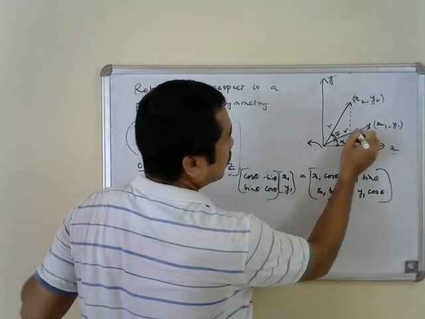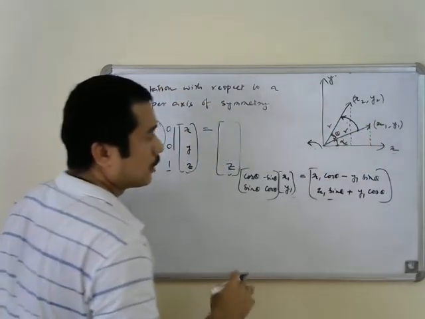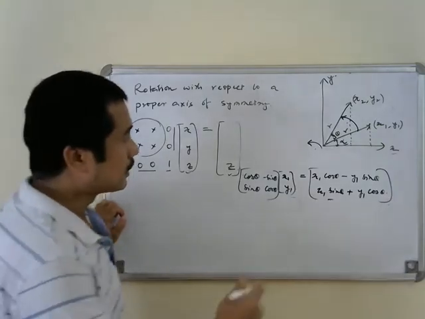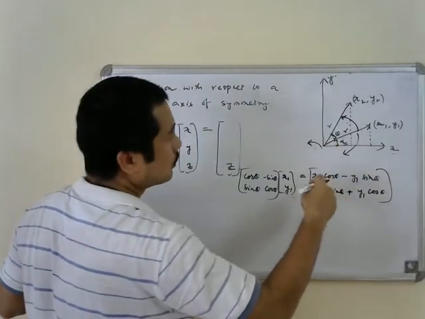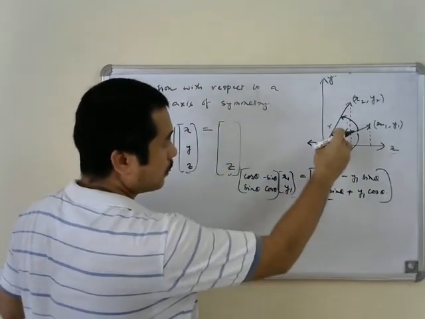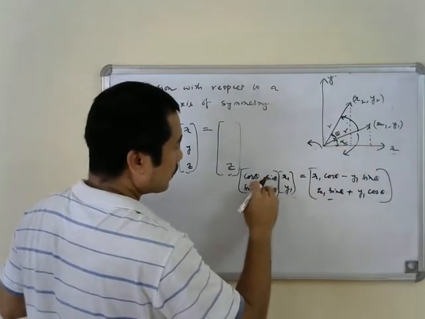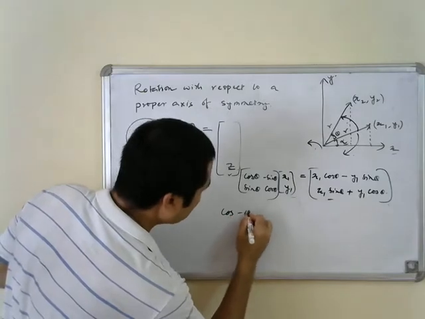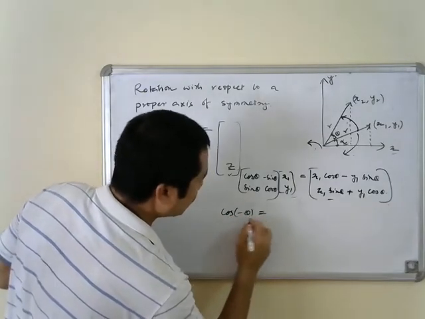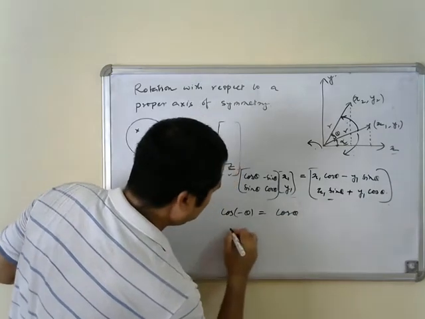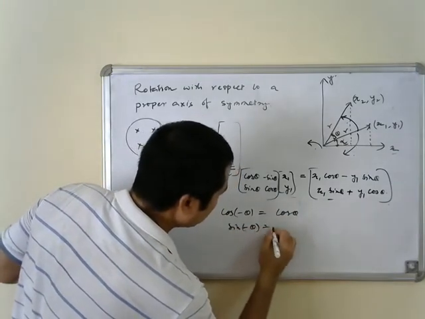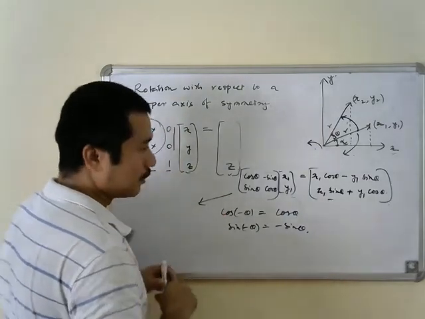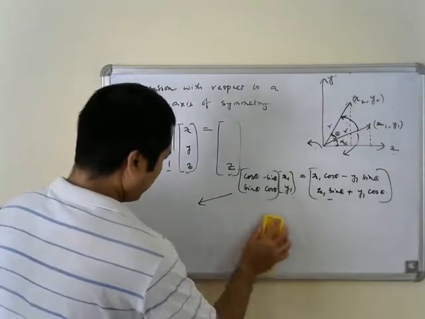So the vector moved from here to here in this direction, but conventionally we do rotation in the clockwise direction, that is, in this direction. So we have to write minus theta in place of theta. So cos minus theta is equal to cos theta, we know, and sin minus theta is equal to minus sin theta. So when we do clockwise rotation, when we write the matrix, this is going to be equal to,